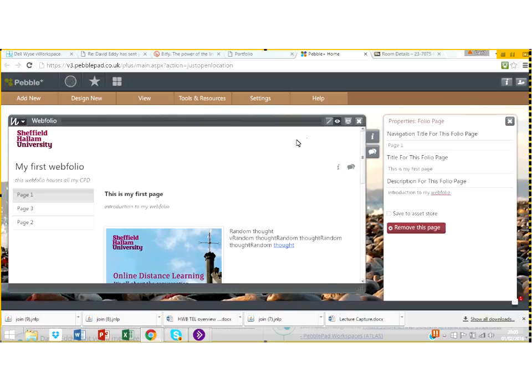Okay, so that's a very quick run through in terms of building your web folio. The other thing, just quickly, because I'm conscious of the time and I want to make sure I answer your questions, is that it defaults to Sheffield Hallam University as the banner at the top. Now, if you left mouse click on the banner,